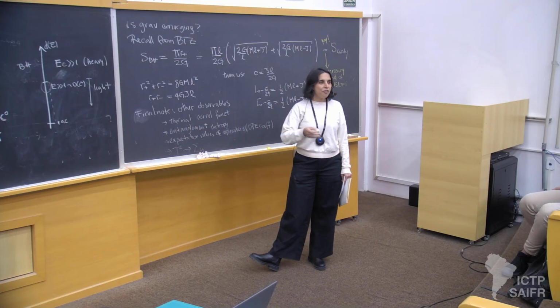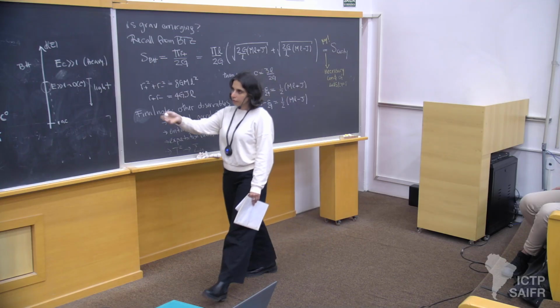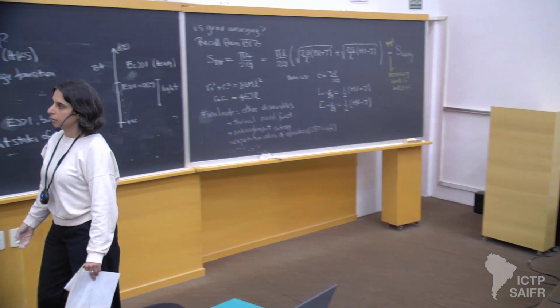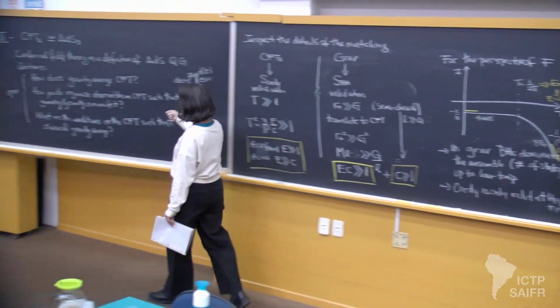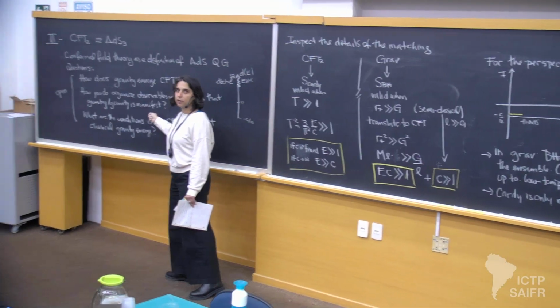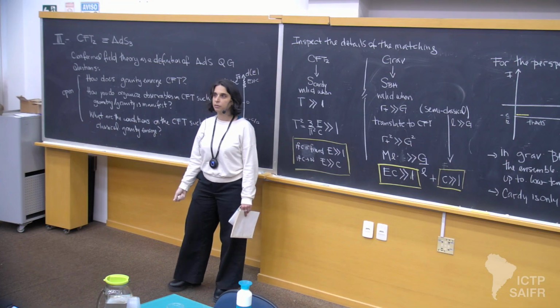And in every single one of these observables, basically, something that you're looking for is an answer to that question. How do you organize those observables in the CFT such that gravity is manifest? What are really the conditions such that you match with the classical physics, okay?